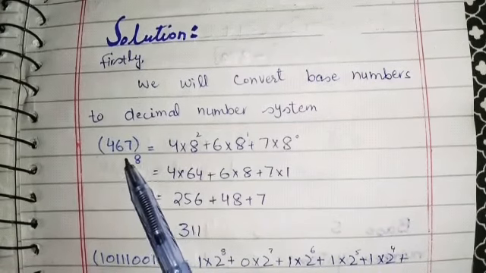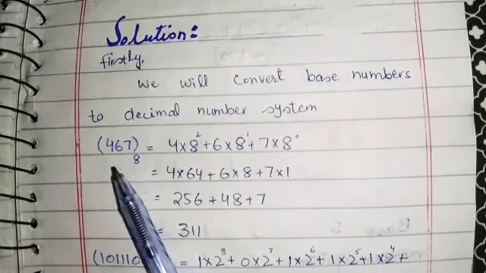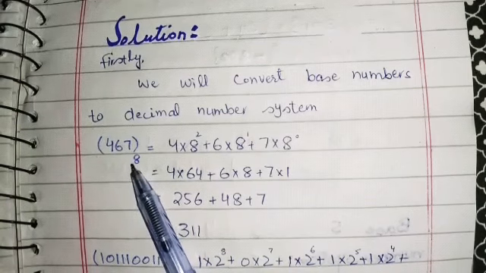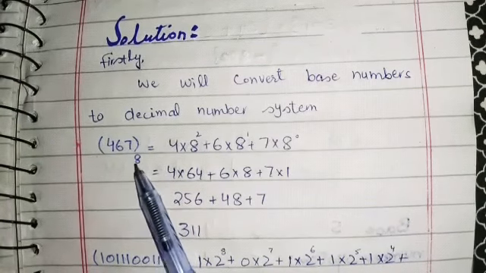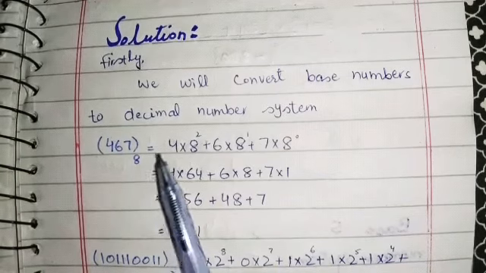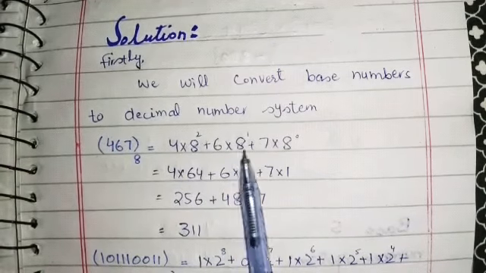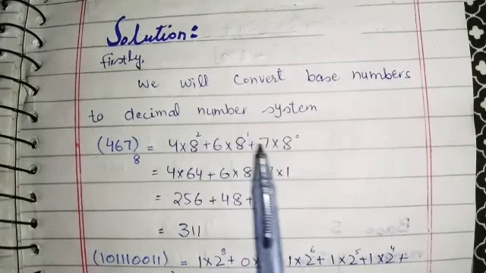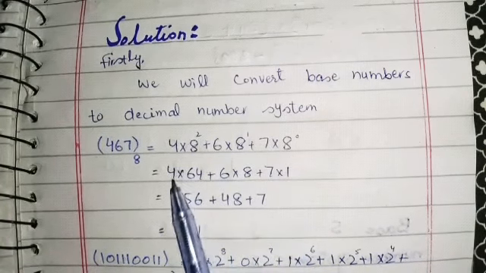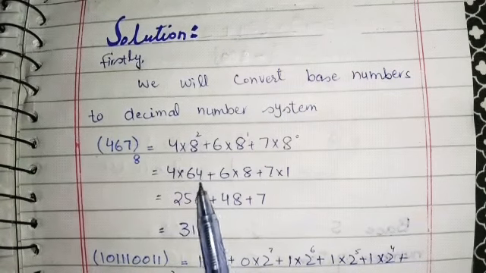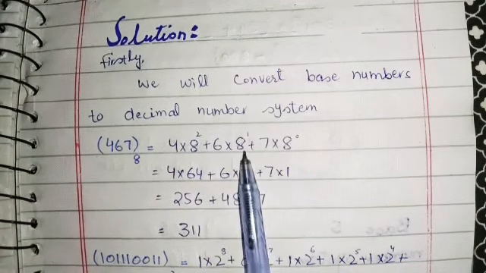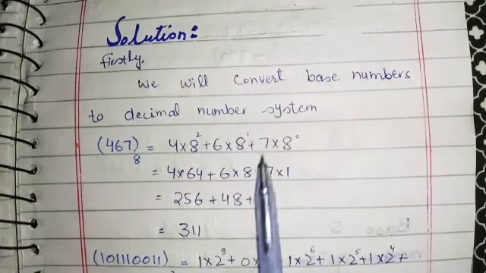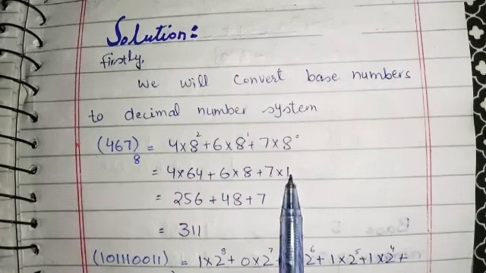As you all know, when we have to convert a base number into a decimal number, we will multiply all the given digits with the base. Then we give exponents to them: 4 into 8 plus 6 into 8 plus 7 into 8. Then we give exponents from right towards left: 0, 1, 2. 4 will be written as it is into 8 squared, which is 64. So we write here 64, plus 6 as it is into 8 raised to power 1, means 8, plus 7 as it is into 1, because 8 raised to power 0 is equal to 1.